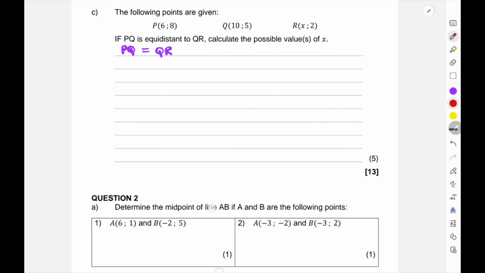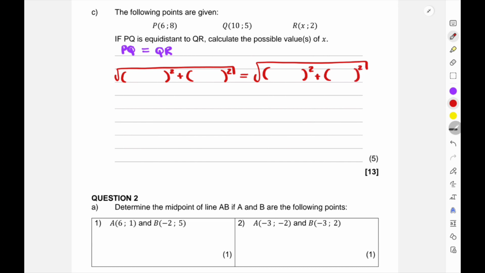So the distance of PQ, which I'm going to quickly work out, is equal to the distance of QR. Okay, so for PQ, if I start with the x's, 10 minus 6 and 5 minus 8,